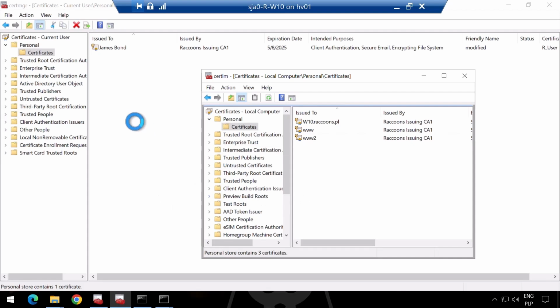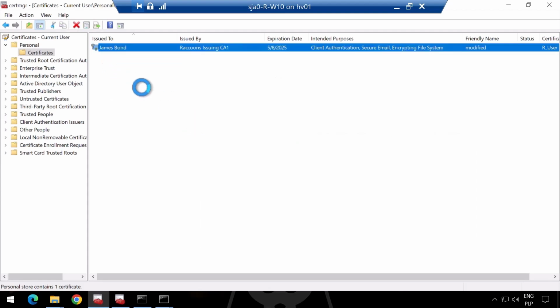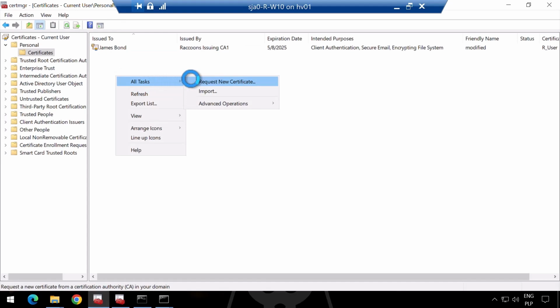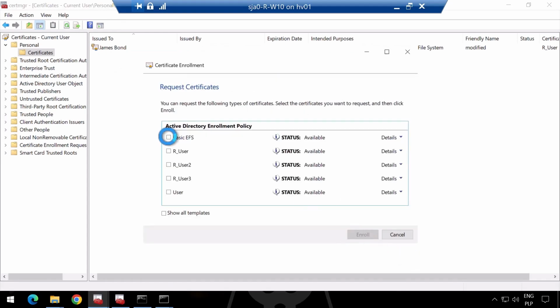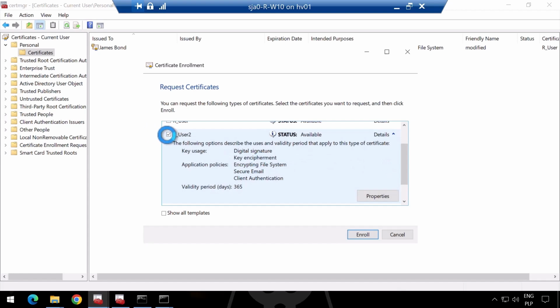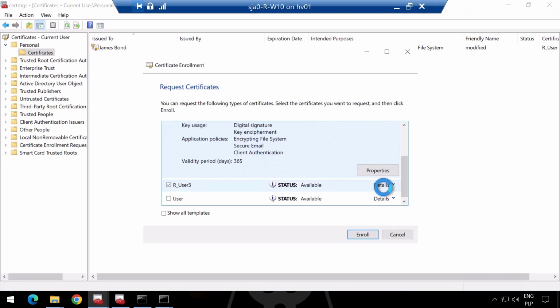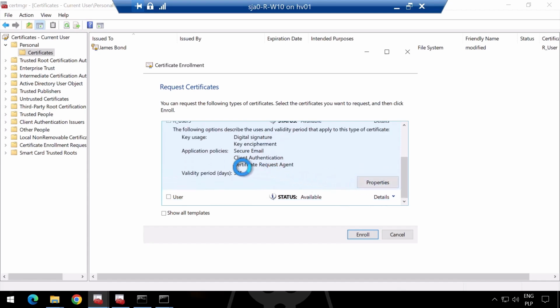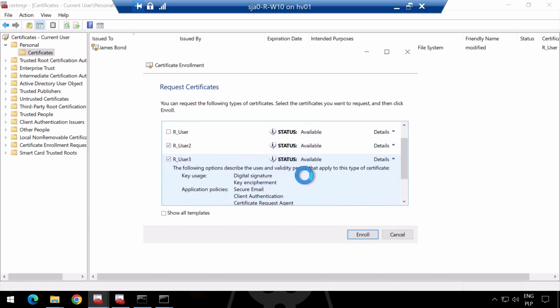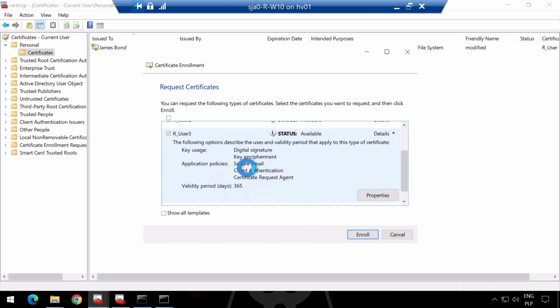And besides that, we have additional problems which might exist in the template. The next one, which is problematic, is if I request something on behalf of another user. When can I do that? So, for example, here we have an example of the R2 user, which has additional information, and R3. Really, R3 is the one that I'm interested in at this moment because it has certificate request agent in it. So if I have a certificate with the certificate request agent as an enhanced key usage, I can request certificates